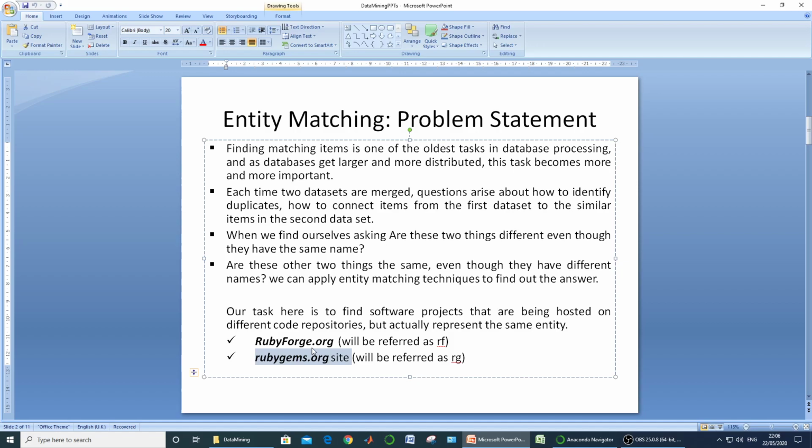Now, some of the clients or some of the projects from Ruby Forge may have also shifted to Ruby Gems. So the overall purpose of this experiment is to find those overlapping entities, finding the customers, finding the projects which were earlier with the Ruby Forge organization, but later on shifted to Ruby Gems.